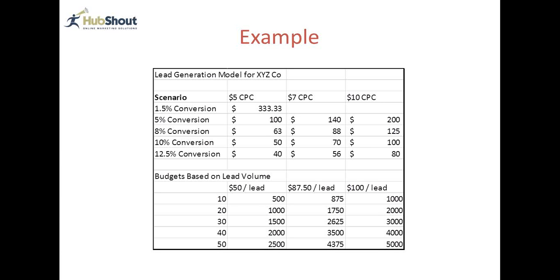The other thing I always do, almost in all cases, if I don't know it and there's no historical data, which usually is a pretty good indicator that it's going to be bad, because it means they haven't been measuring anything in the first place, I usually include in a proposal some part of a landing page or conversion optimization project. Some people buy it and we start with that. Other people say, no, I just want to do the paid search, and then if needed, I can go back to the proposal and say, well, remember we talked about you needing this, and we did it for 30 days, and you need it. So that's what I usually try to do, because I can usually see these kinds of things up front, and I like to make sure I disclose it.